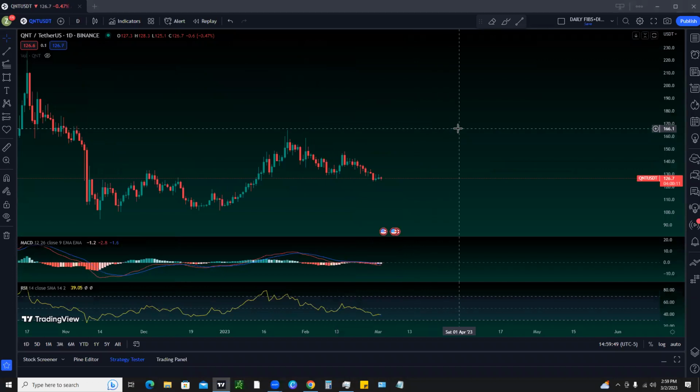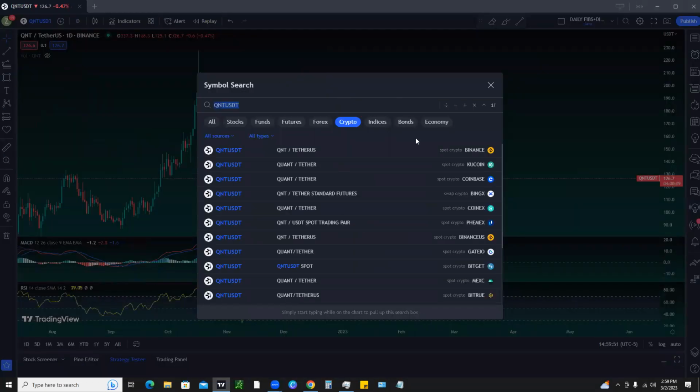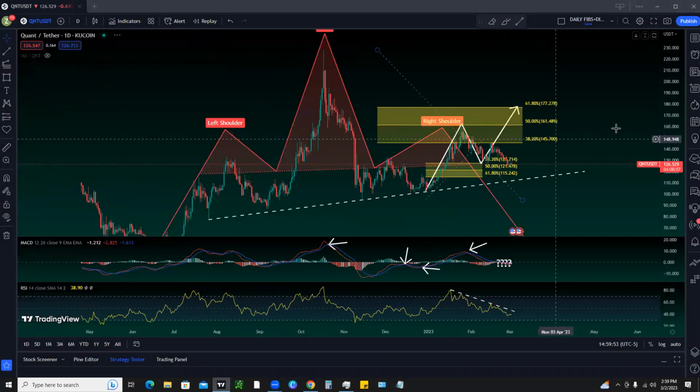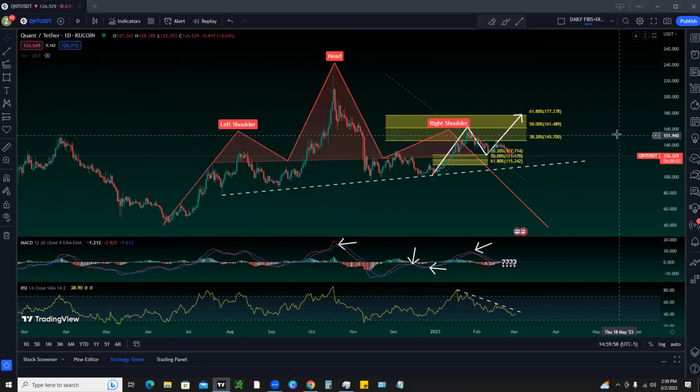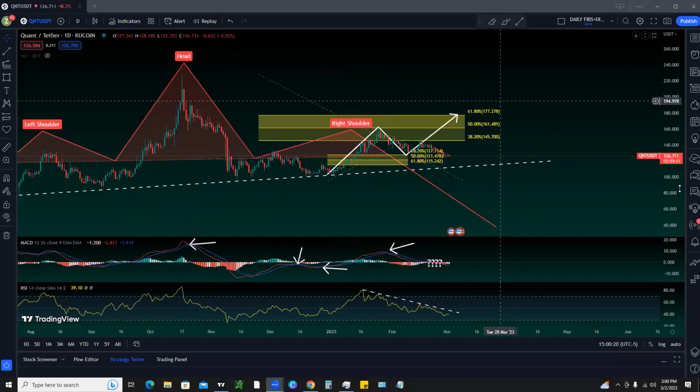Let's see what we got here on Quant. Now, one thing I do want to say about Quant is if we zoom out a little bit on the bigger picture, I went over this on my last update on Quant, but there's something that we really need to be cautious of. If Quant ends up breaking this major trend line right here, this is our neckline for the head and shoulders pattern that we're actually forming right now. So we've got a left shoulder over here, we've got a head, and we're starting to form a right shoulder over here, which has me a little bit worried,